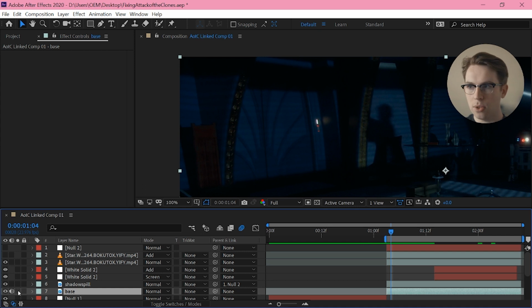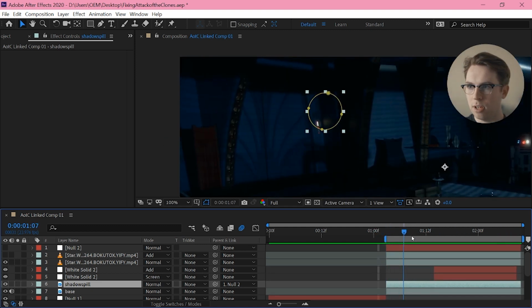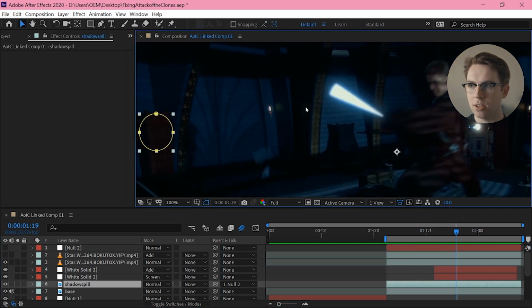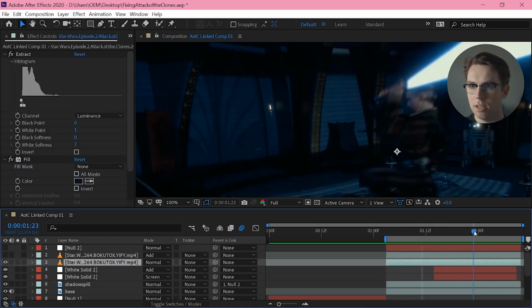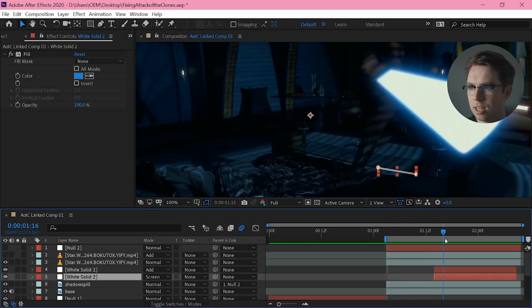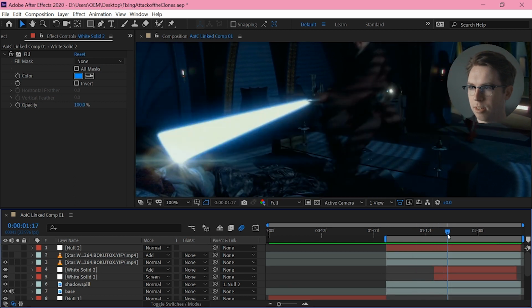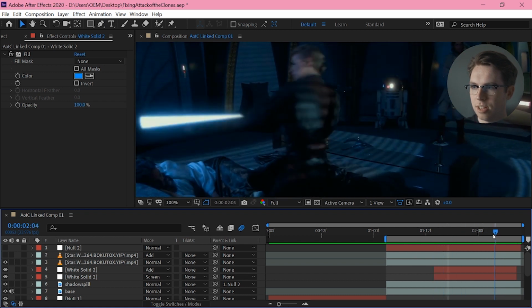Which, the way I'm doing that is just taking a still frame where Anakin is not visible and just painting that over top of the original, tracking it in place to match the slight camera movement that's going on here. And that just lets me reveal the shadow. Again, not the way I do it now, but kind of serviceable enough. I also did this down here, which I'm not that thrilled about. You can see these. I'd probably actually just delete those. That looks dumb. Okay, let's move on.